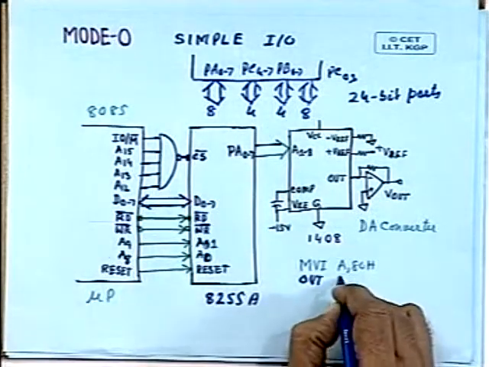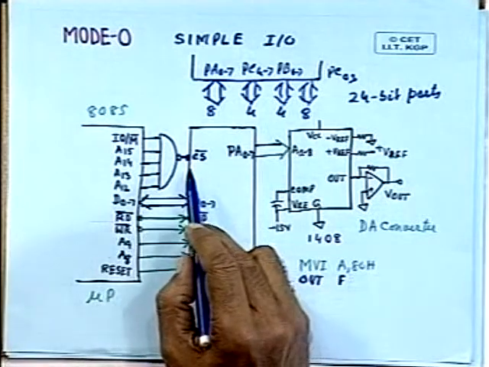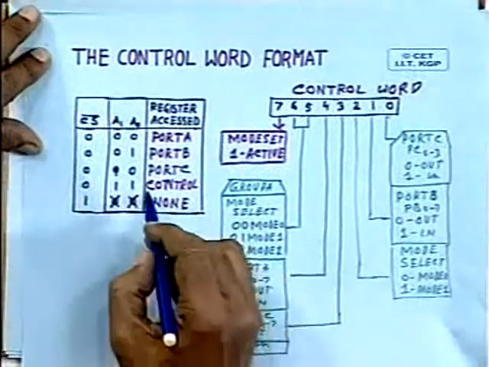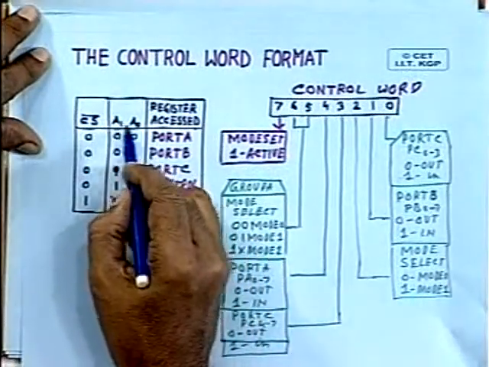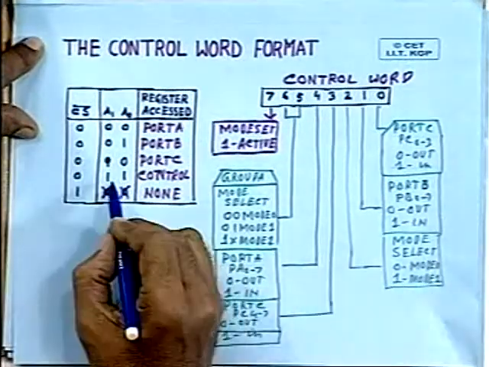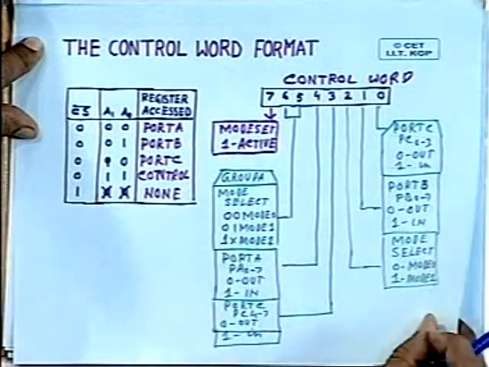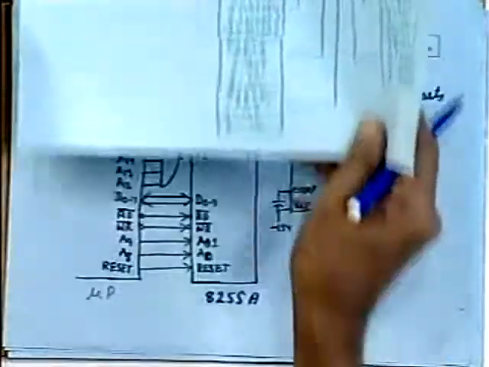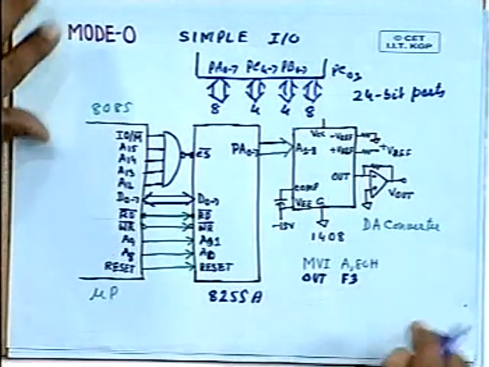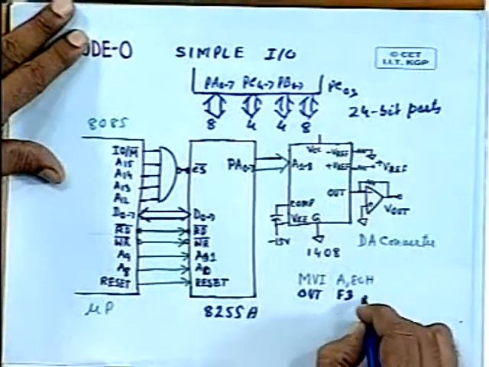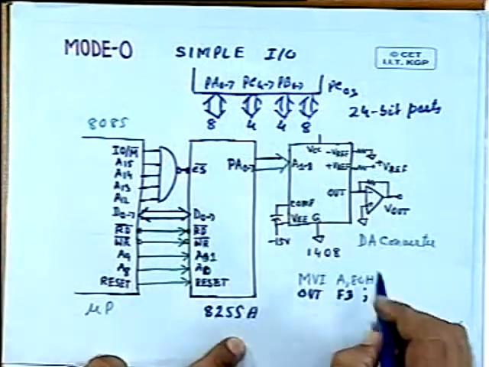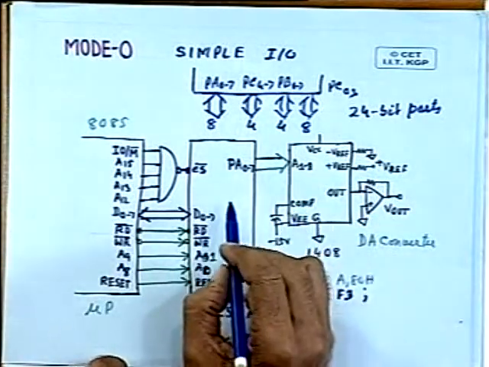So other bits are not important, and since it is connected, you have to write into the control register. A0 and A1 have to be 1 1. So the higher order 4 bits are 1 1 1 1, and the lower order 2 bits are 1 1. So you have to write 0 1 1 1 1 0 0 1 1 1. So the value is F3, and if you execute this, it will configure the port in output mode and write the value into the control register.